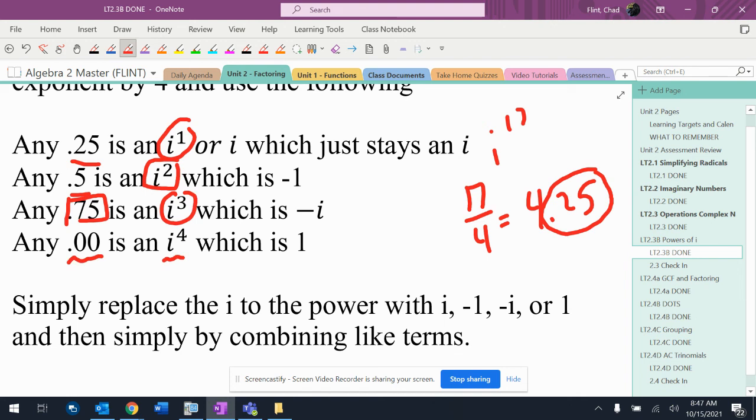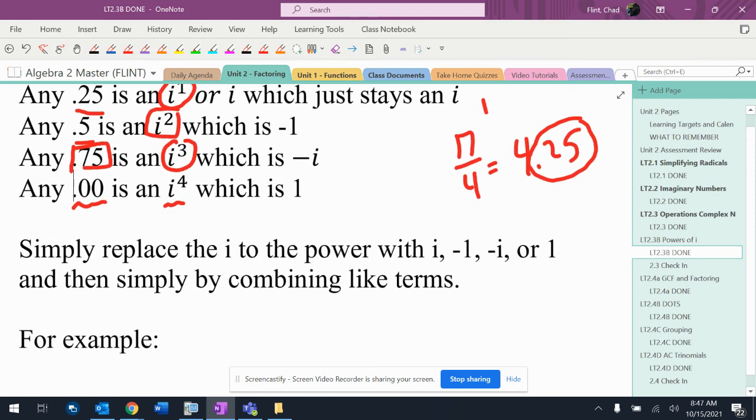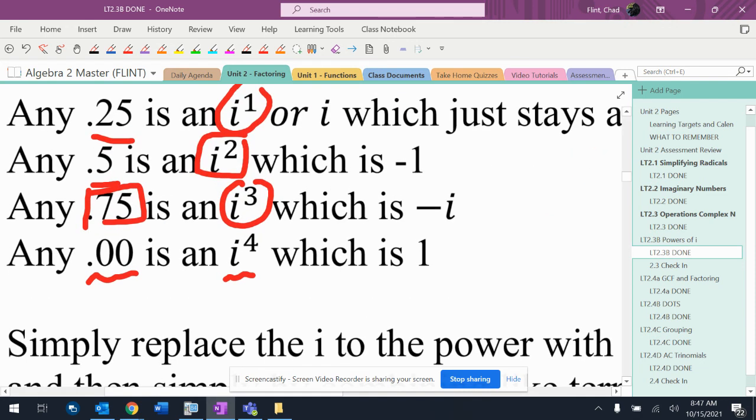Now again, you have to memorize that, just like everything we do in algebra. We have to memorize all these rules and be able to apply them. They're not anything that you can just understand without really memorizing the specific thing. But what ends up happening is every time we have this, we're going to replace these i's with either i, -1, -i, or 1, and then combine like terms. This takes practice. Once you practice it a bunch, it comes down to whether you know this little chart right here with the 0.25s and the 0.5s. If you know it, it's a pretty quick substitution. If you don't, it becomes much, much more